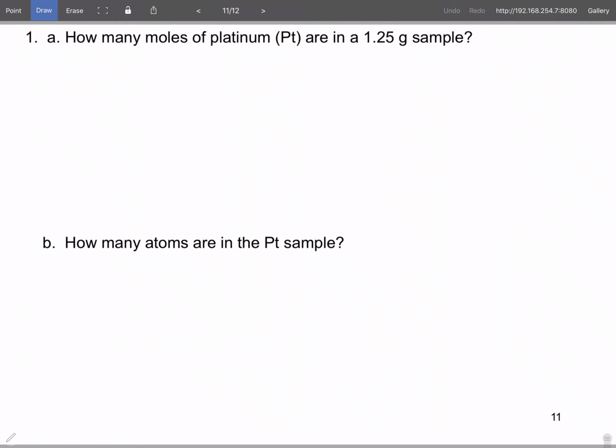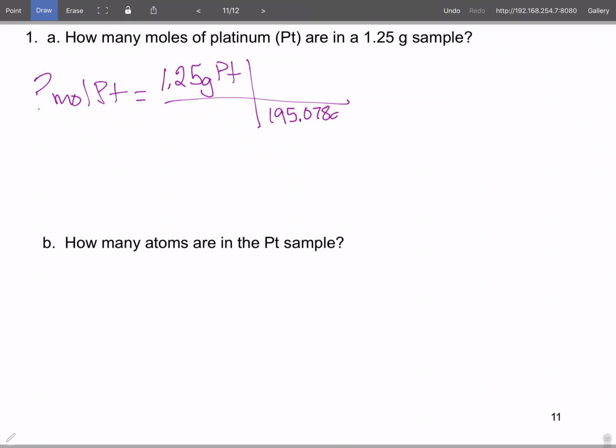How many moles of platinum are in a 1.25 gram sample? So I always start with what I'm looking for, moles of platinum, because I tend to get lost if it gets more complicated. 1.25 grams of platinum. And if we look on the periodic table, we find out that there are 195.078 grams of platinum per 1 mole of platinum. And that gives us 0.00640769933